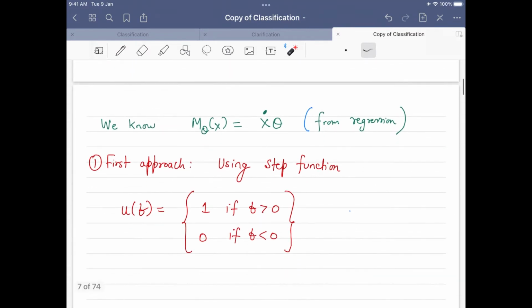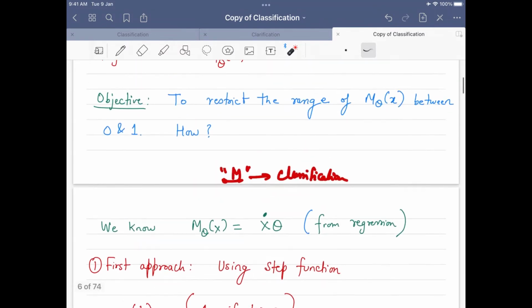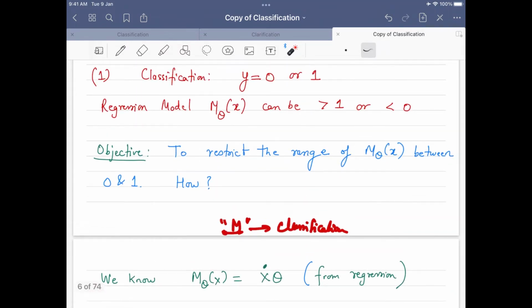So in order to do that, we already know this model which we have obtained through regression. Right now, what we are doing in this particular slide is coming up with the model M, that is, what model we want for classification. So we are actually searching for that model. You can see this is the model which you have from regression. And now the first approach that we want to take, since our objective is to restrict the range between 0 and 1,